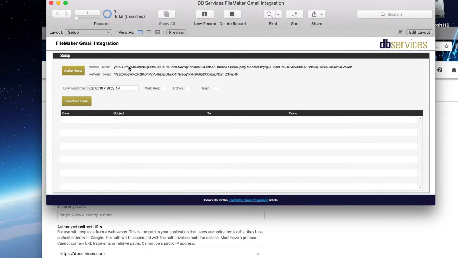Once we have the access token, this is what we're going to use to send requests to Gmail to either get back messages or make changes. Basically, this is our key that lets us communicate with Gmail and make changes to this user's account. The refresh token is something that we'll need every so often. The access token is going to expire, and so you have to use the refresh token in order to get a new access token. So before I do any kind of scripting, at the very beginning of the script, I'll just refresh that access token to make sure we don't have any authentication errors later on.